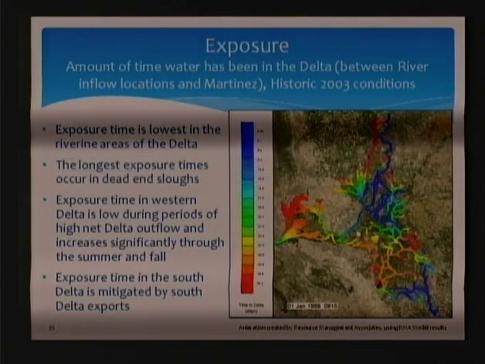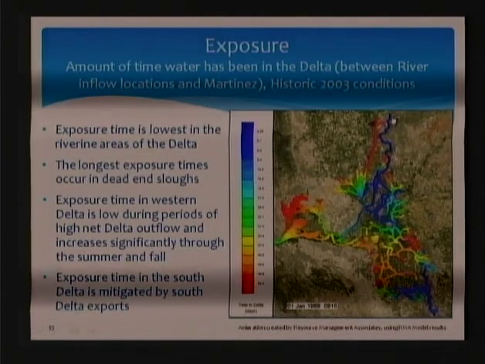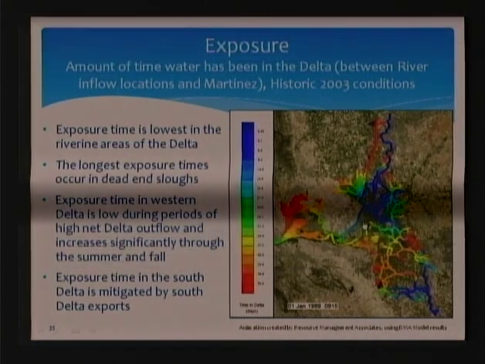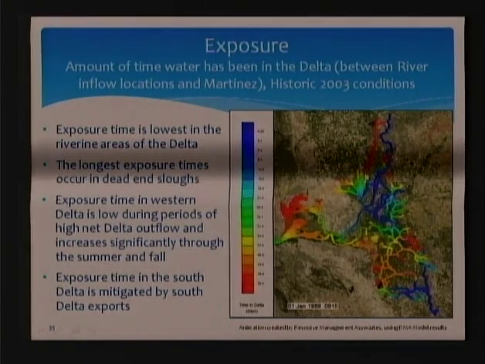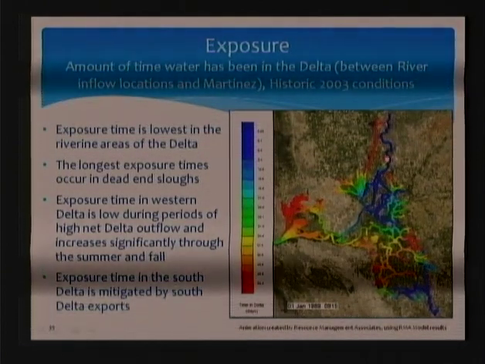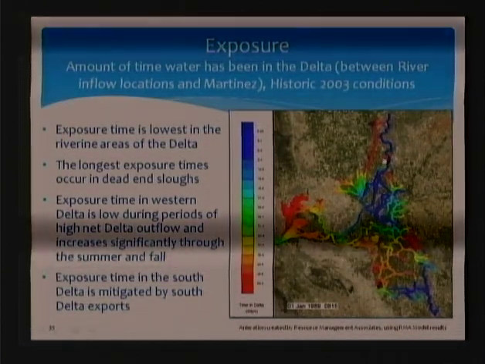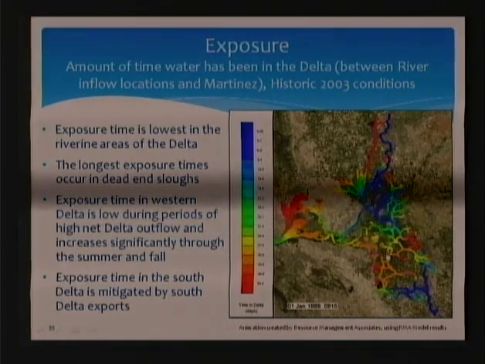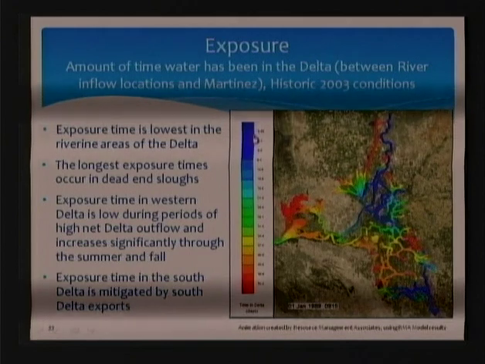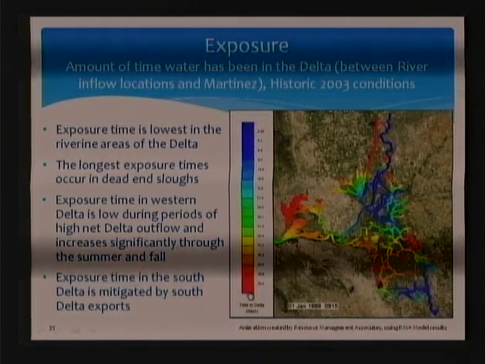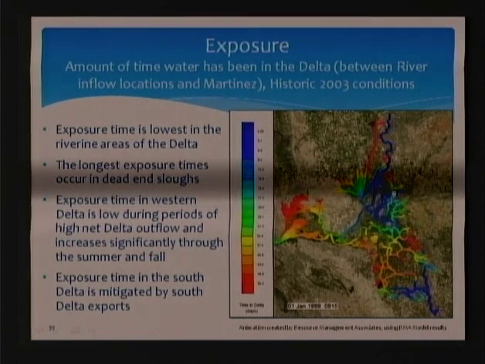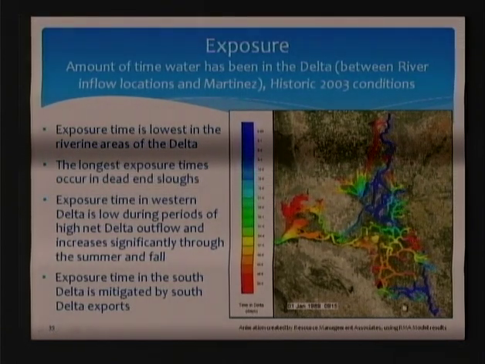This is January 1989. Water's moving quickly through the Sacramento River. So as we saw, the particles dribbled in at the top. It doesn't take too long to get from the entrance here at the American River down to Rio Vista. It's just a few days. But water elsewhere is sloshing back and forth. It can be there quite a while. So this color scale is going from 0 days up to 50 days. Some of the dead-end sloughs, the water stays there for quite a while.